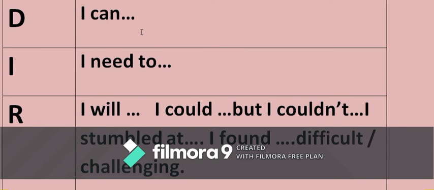For example, you need to go back. What was the main idea in my lesson, main learning objective? It was to identify the main idea and details. Now I need to write I can.